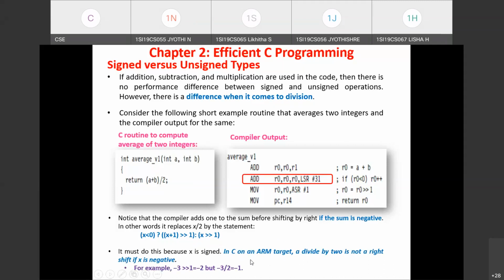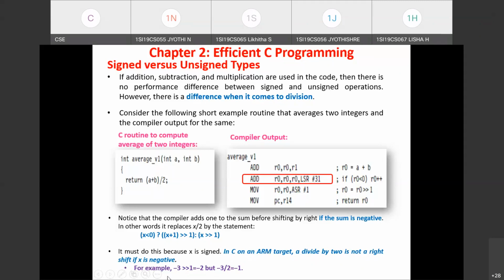In ARM, since there is no division instruction supported, we need to perform the arithmetic right shift for performing the division in powers of 2, correct? So here if you are performing division by 2, it is not just a right shift. You cannot simply perform a right shift to get the correct result. That's what the statement means. See this example, you'll get clarity.